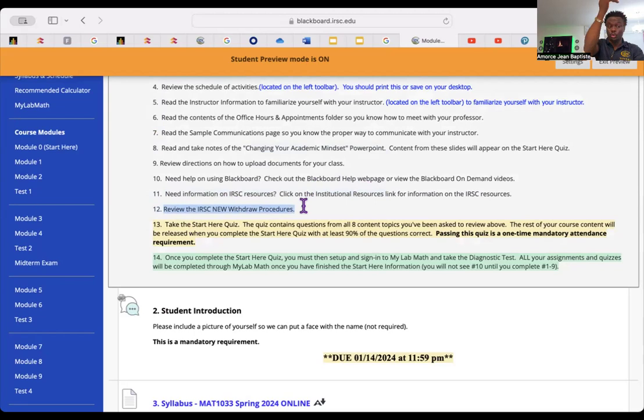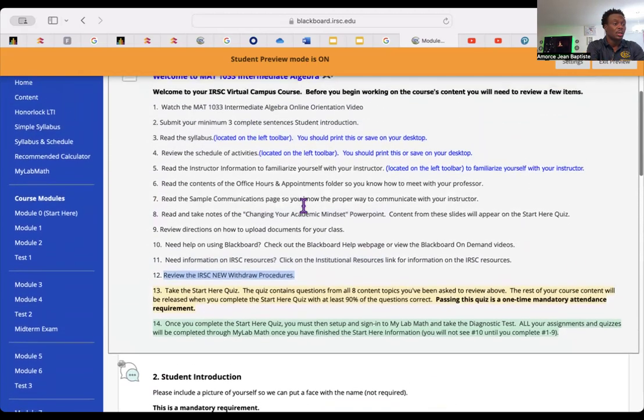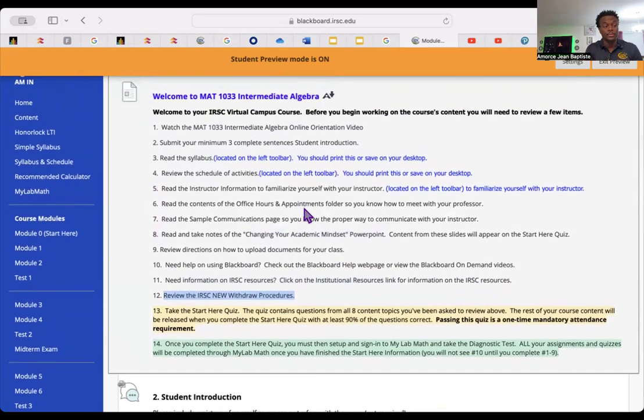Once you go through points 1 through 12, that means you are ready to take your Start Here quiz. You need to get a 28 out of 30 on your quiz to qualify to continue.